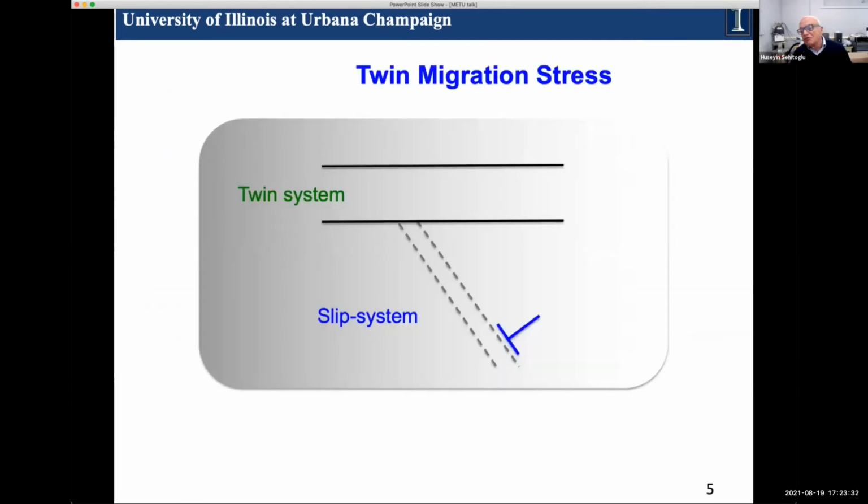So far, I've talked about pure nucleation and migration. I didn't talk about what happens when you have both slip and twin, right? That's become very interesting. So there's a dislocation reaction here, and we get a residual Burgers vector here. And then those partials migrate and increase the twinning by an atomic layer. So this is the scenario that we have.